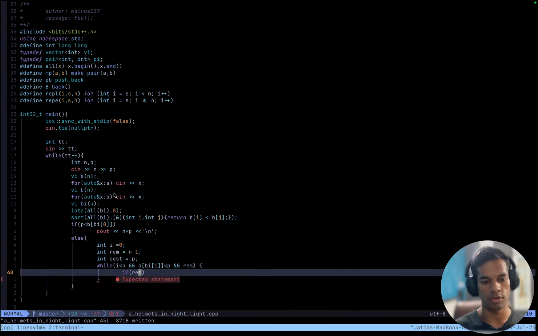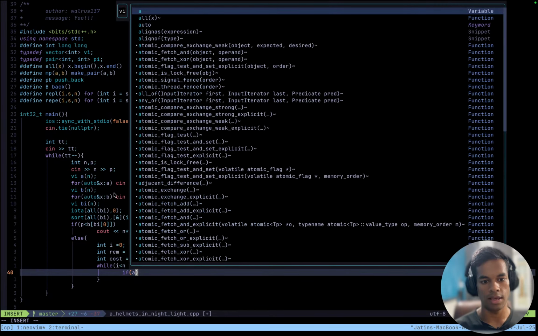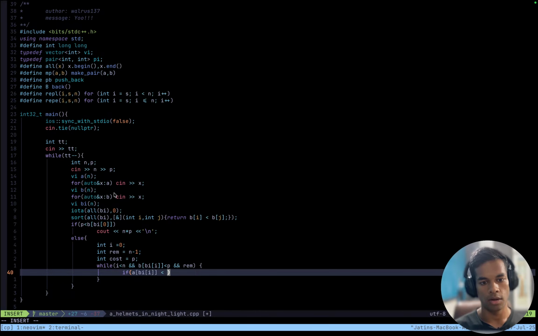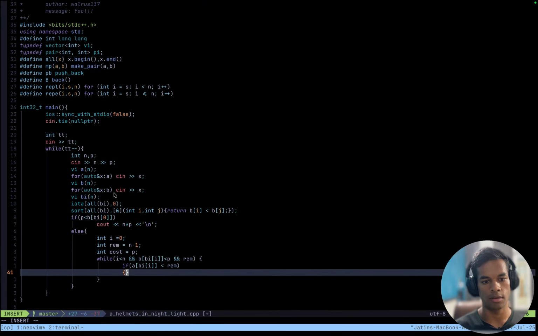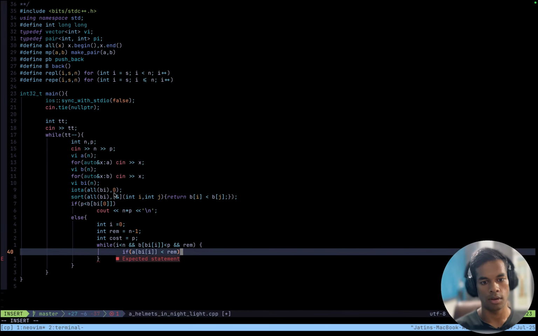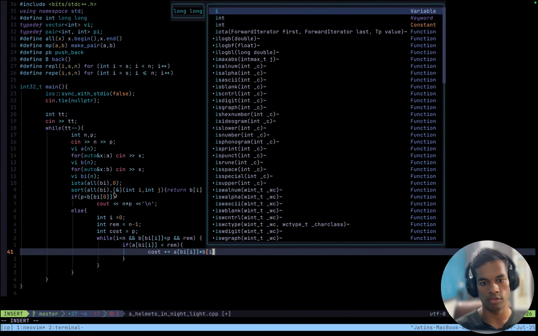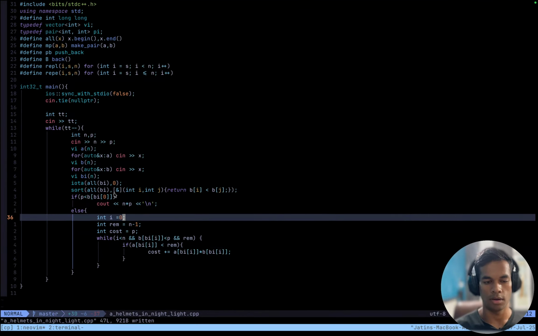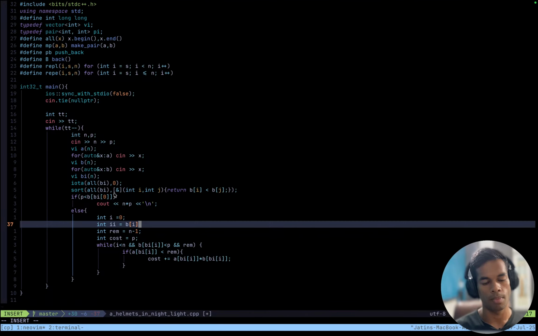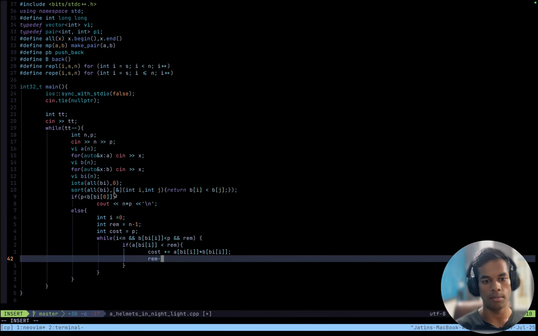So if rem, okay, now the current index is B[i], and if A[B[i]] is lower than rem, then cost plus equals A[B[i]], the number of people, into the cost, which is B[B[i]]. Okay, so increase the cost, and rem minus equals A[B[i]].